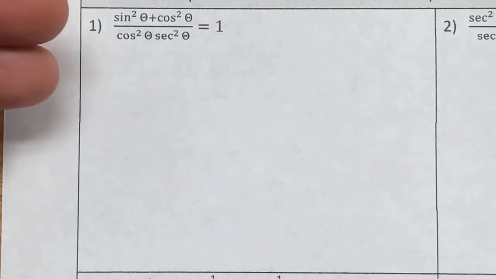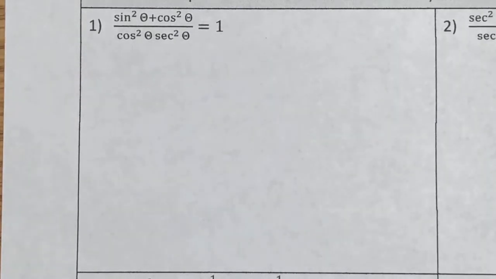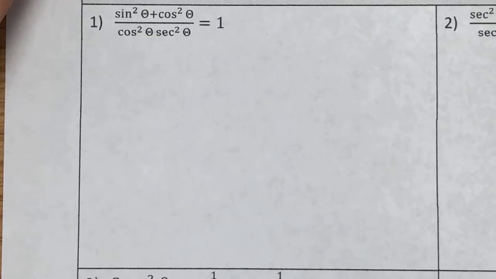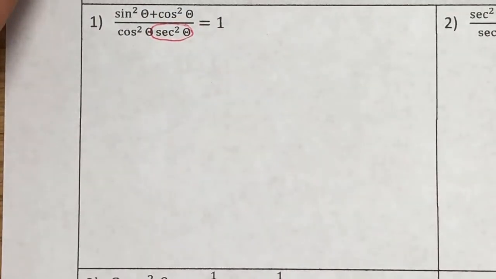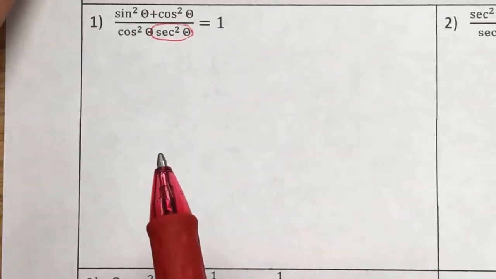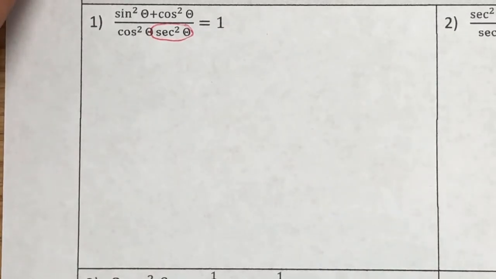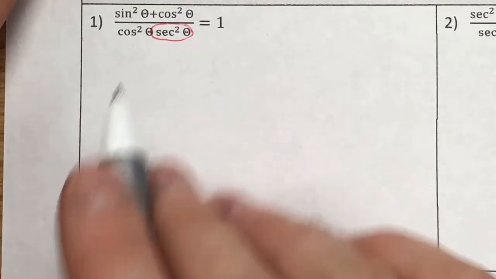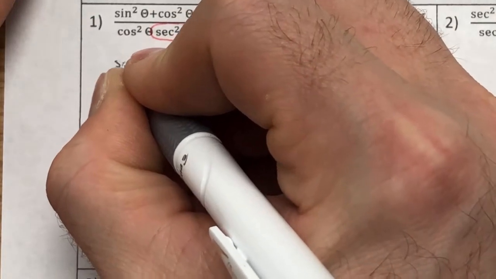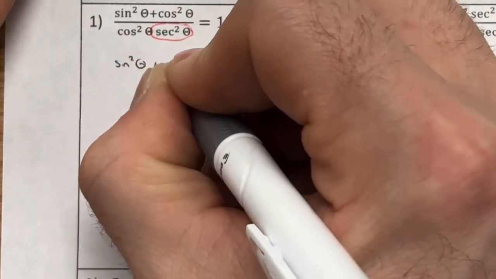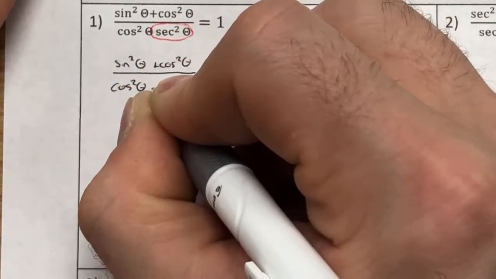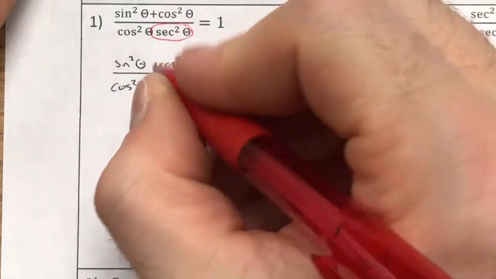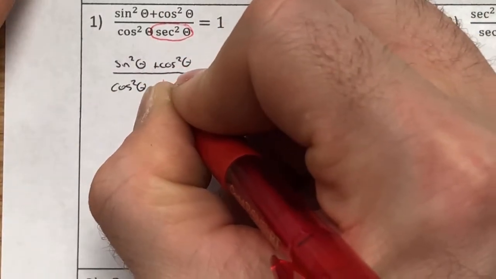Now, we've done some lighter expressions like this, and the first thing that I would always recommend is that out of all the formulas, we have enough to memorize. Why don't we just go ahead and convert everything that's not a sine or a cosine into a sine or cosine? That allows us to focus on the manipulation of the numbers as opposed to just memorizing a series of formulas. So I'm going to go ahead and say, okay, I have the sine squared of theta plus the cosine squared of theta all over the cosine squared of theta, and that secant ends up being 1 over the cosine squared of theta